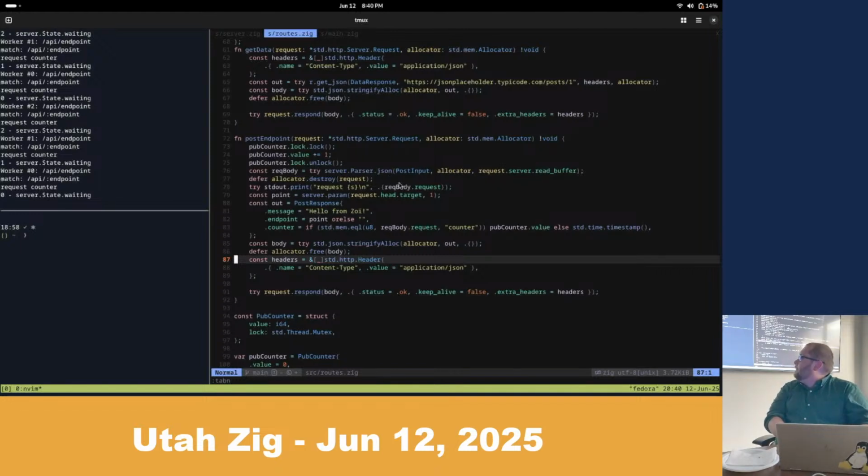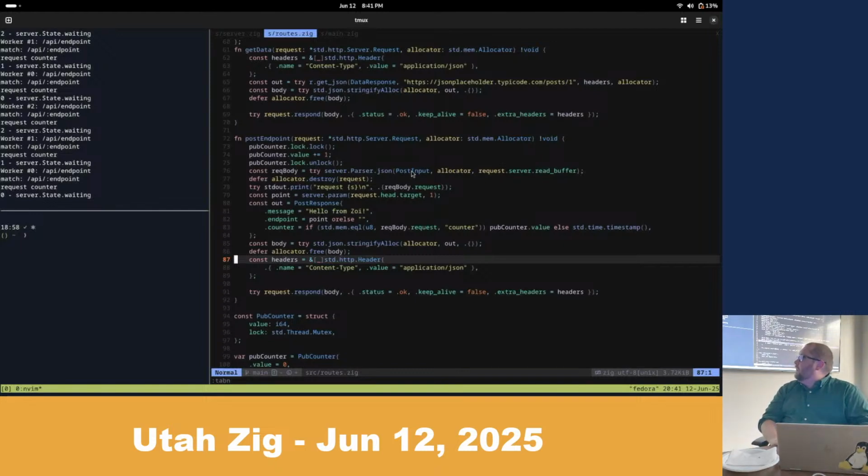Is there not a streaming parser presently? I think there might be. Did you say streaming parser? Yeah, the JSON one that's in the standard library, it can go one byte at a time, I think, right? Yeah, but you're going to need to give it where to start, because if you give it the entire request, it's going to try to parse the headers, and the headers are not JSON encoded; they are URL encoded, and you will throw an error. Will you highlight the line that we're talking about?